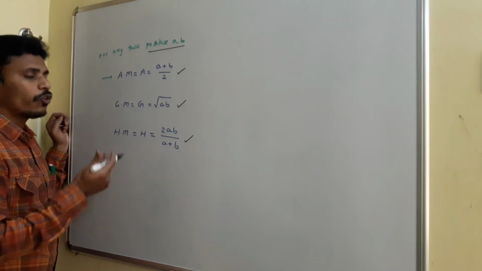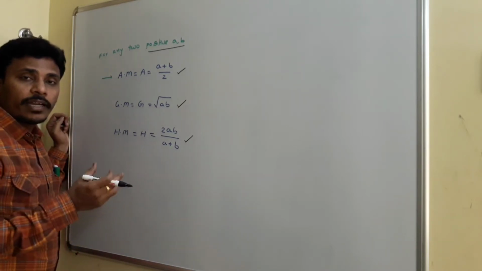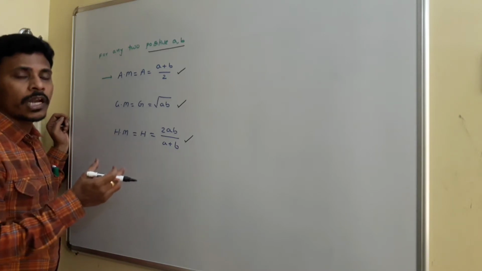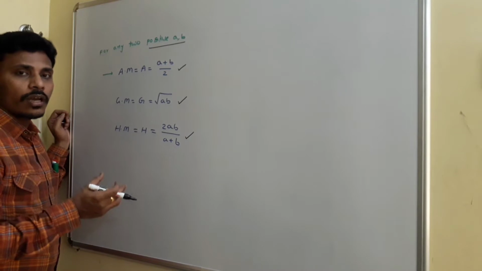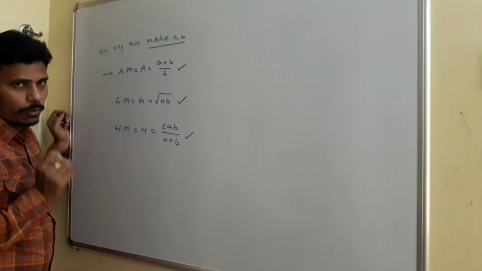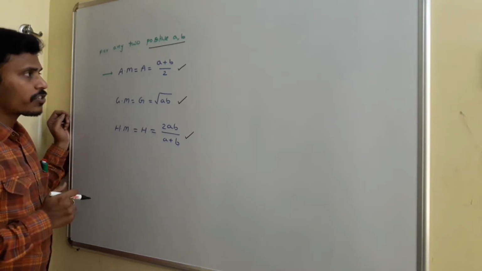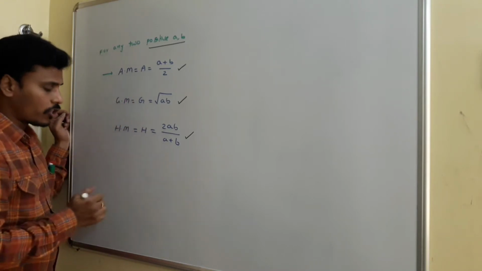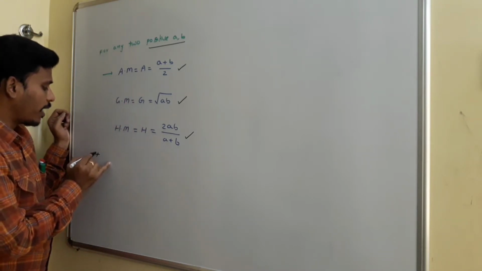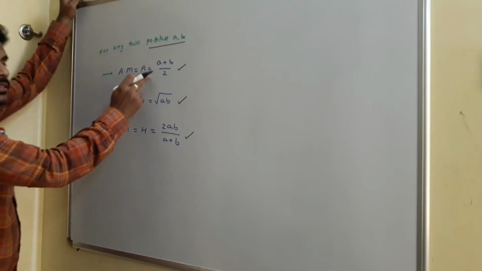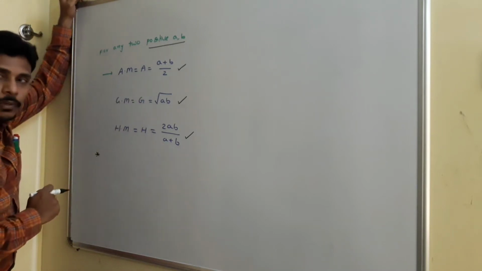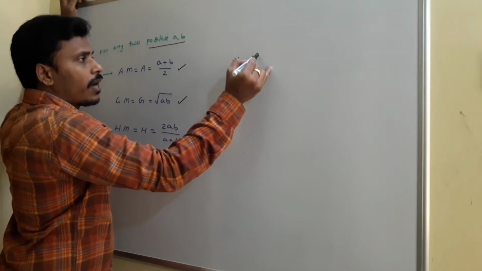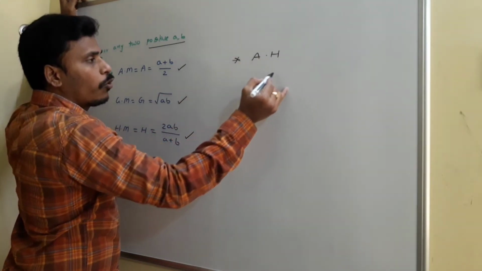Now what I am going to give you are different relations between this arithmetic mean, geometric mean and harmonic mean, which are helpful to solve different types of problems, right? For that, my first idea is, I have the arithmetic mean, harmonic mean and geometric mean. Now you just multiply this arithmetic mean with this harmonic mean. What will happen? Have a look at this. I will do it here: arithmetic mean into harmonic mean.